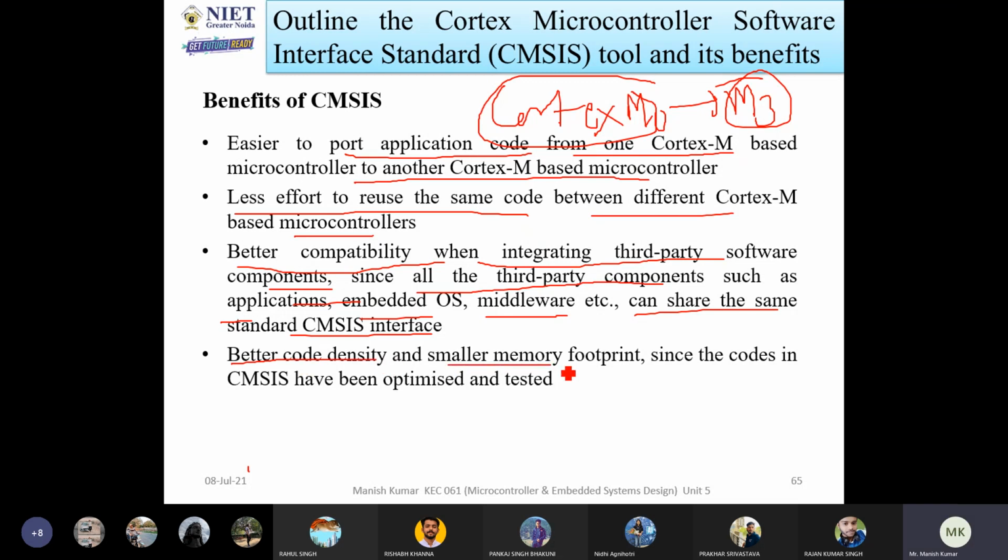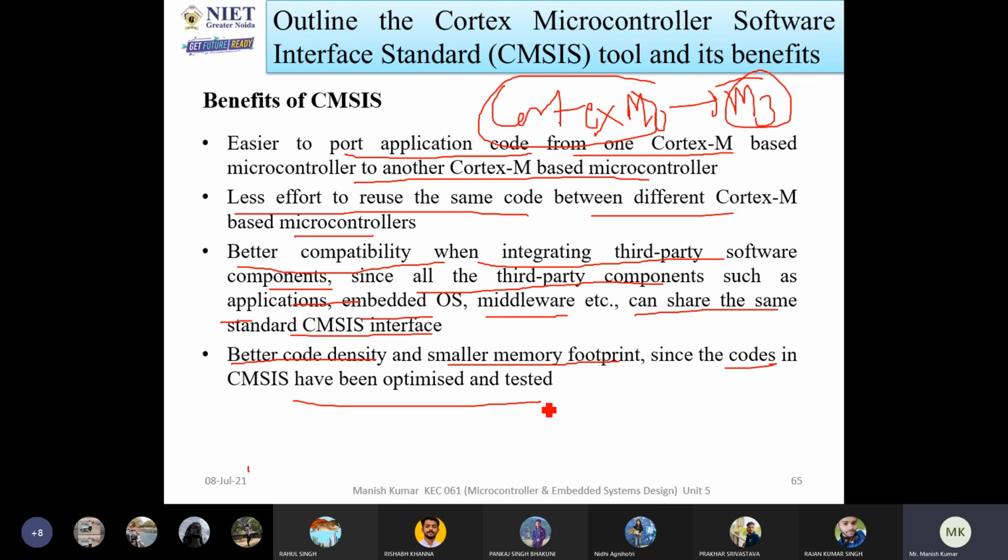Also, it has better code density and a smaller memory footprint, since the code in CMSIS is optimized and tested. Now the problem is, if you are going to develop any program for a particular microcontroller, you have to keep in mind that microcontrollers have a fixed size of memory.